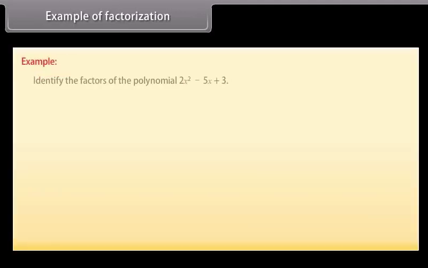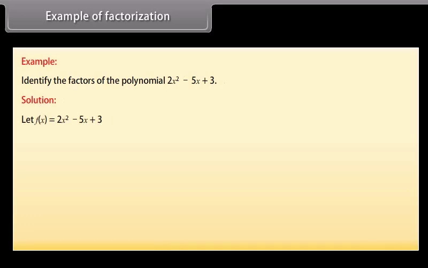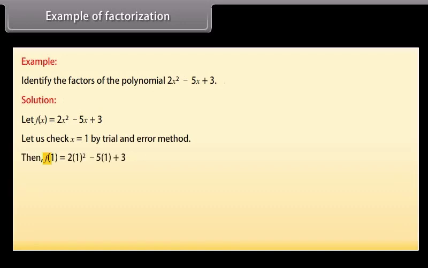Example of factorization. Identify the factors of the polynomial 2x^2 - 5x + 3. Solution. Let f(x) = 2x^2 - 5x + 3. Let us check x = 1 by trial and error method. Then f(1) = 2(1)^2 - 5(1) + 3 = 2 - 5 + 3,